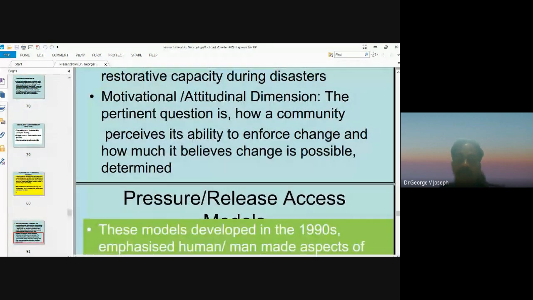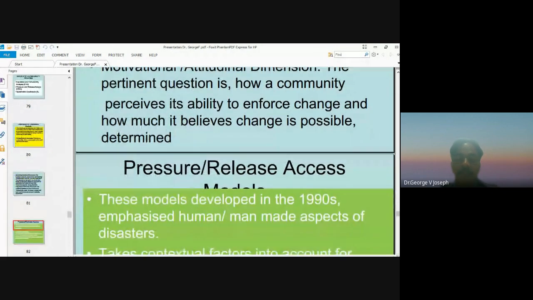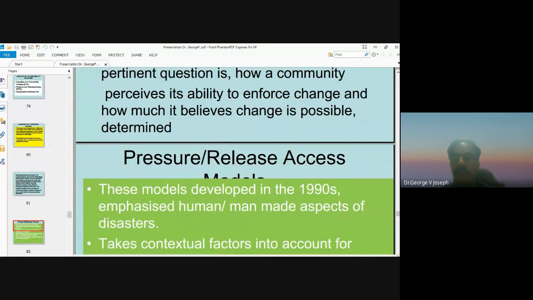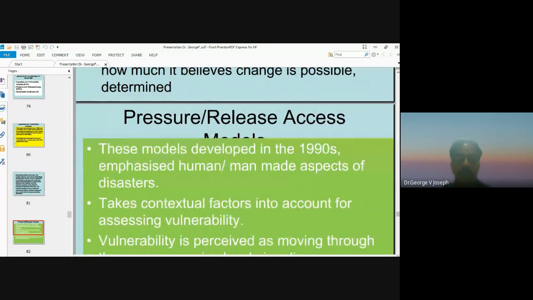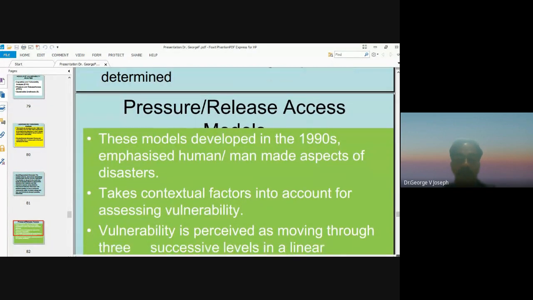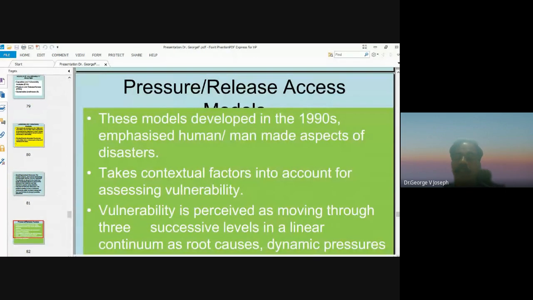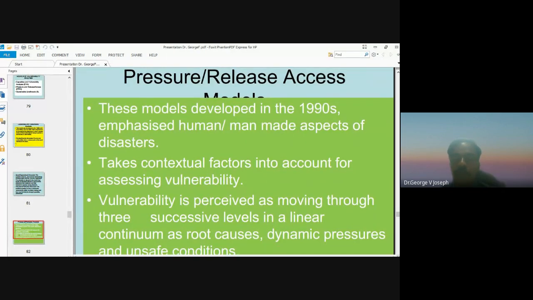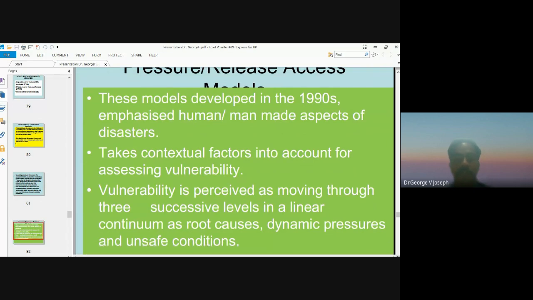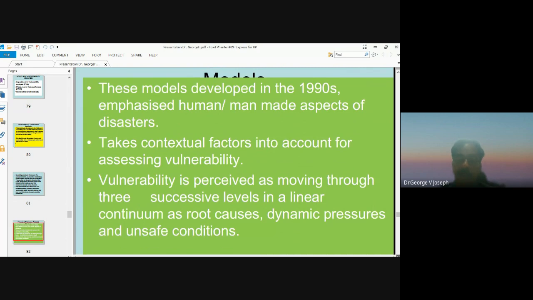Then the pressure and release model. This model, developed in the 1990s, emphasized human and man-made aspects of disasters and takes contextual factors into account for assessing vulnerability. As I said, it is a situation-specific issue. Vulnerability is perceived as moving through three successive levels in a linear continuum, starting with root causes. So for example,